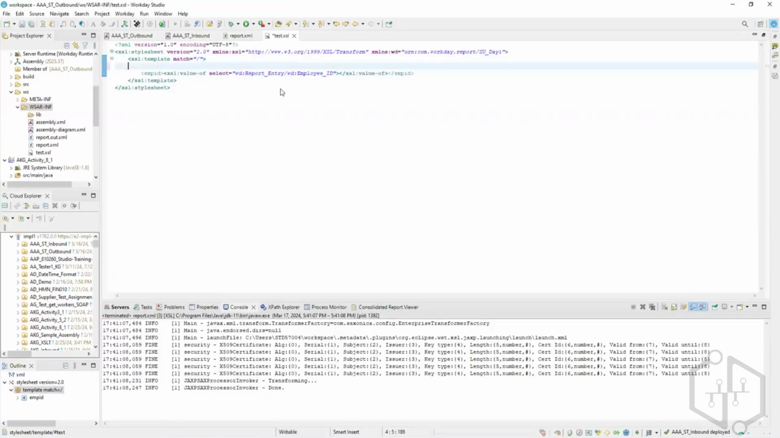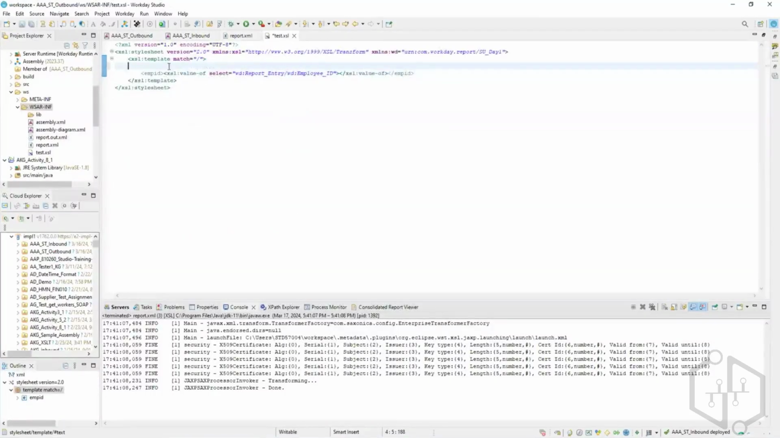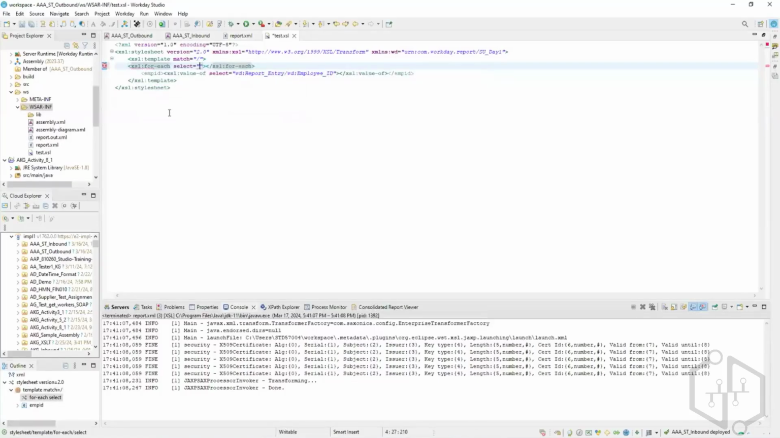Right? So now let's put a for each. How do you put a for each actually? I have many employee IDs here, correct? So when I give the XPath I have to give specifically for one employee ID, right? Instead of giving one employee ID, I'll go for a for each, right? So how do you go for a for each? Let's put a XSL colon for each. So this is how it is. Now for each, we have to give